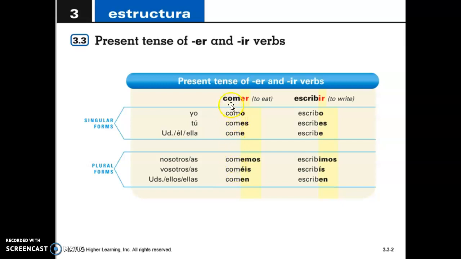You can see that COM is consistent all the way. Same in here. We get rid of IR, we keep the stem, which is consistent all the way, and we just plug in the ending, okay? That's the best,